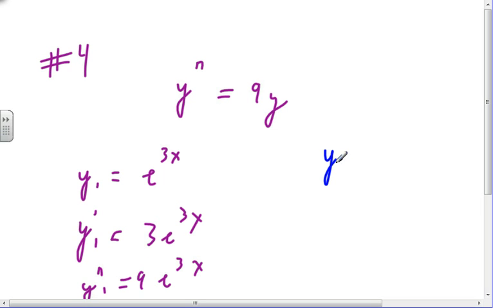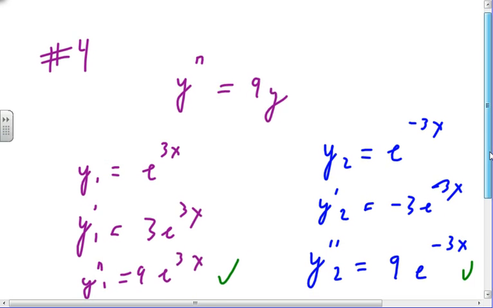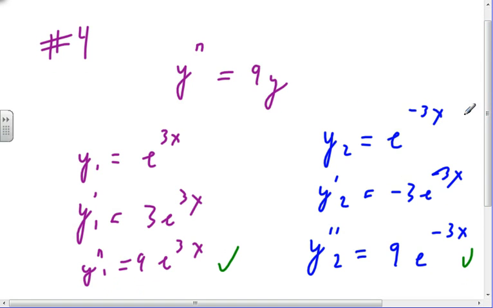And then the other one is e to the minus 3x. So y prime is minus 3 e to the minus 3x, and y double prime is 9 e to the minus 3x. I've now shown that in both cases those are solutions to my differential equation. It's just that easy. Is that easy? Yeah, pretty much. Skipping 6, going on to number 8,